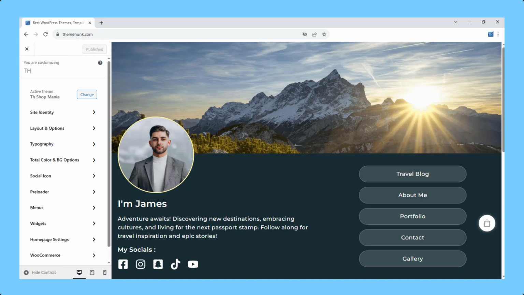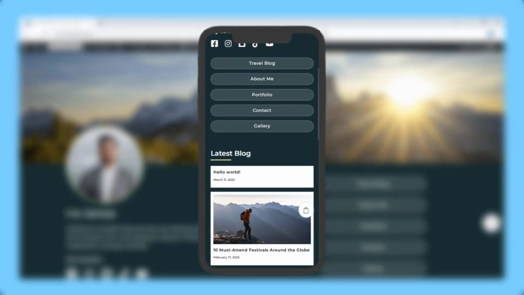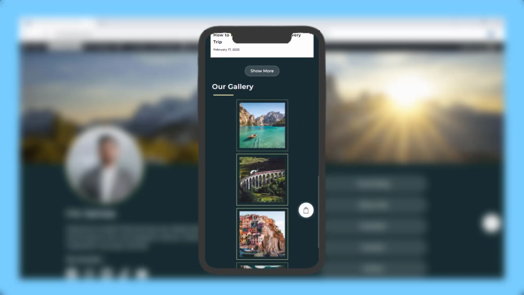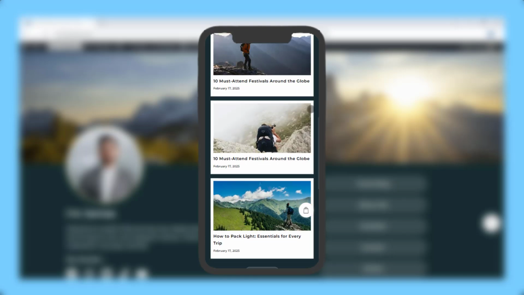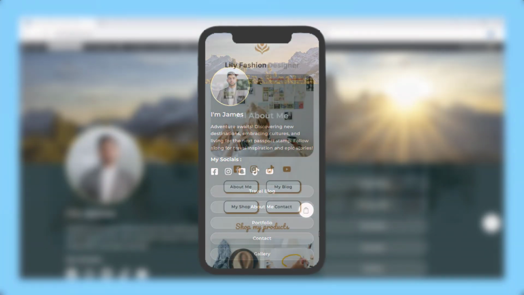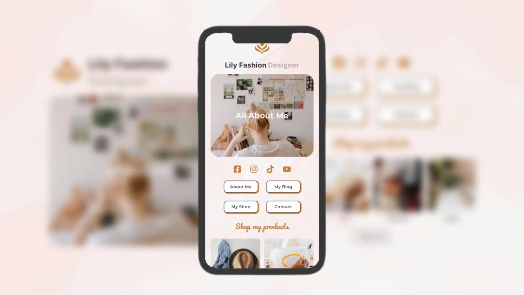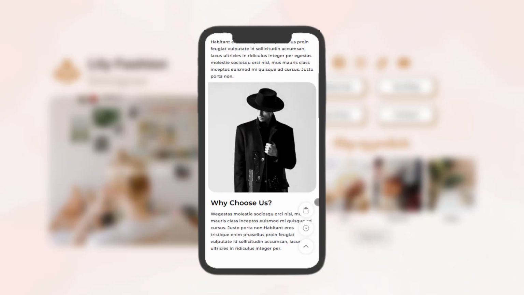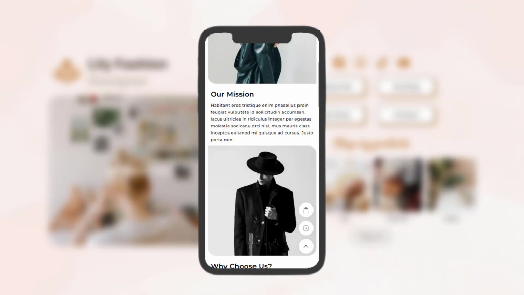Now let's get back to our site. But wait, take a look at the mobile view of the website. The website fits perfectly on mobile devices. Your users can easily access and view your website on mobile as well. This isn't the only mobile friendly website. Every website we visited recently is fluid and responsive, providing the best view on all devices. As you can see, this fashion designer website looks beautiful on mobile. Users can access all pages easily.